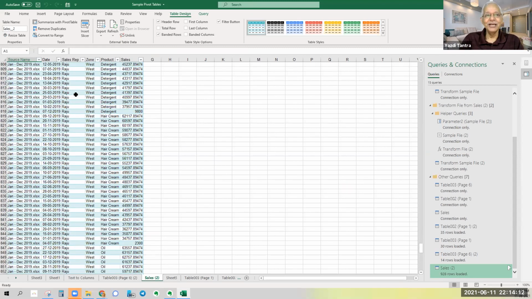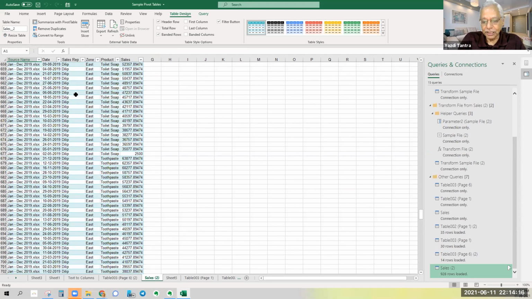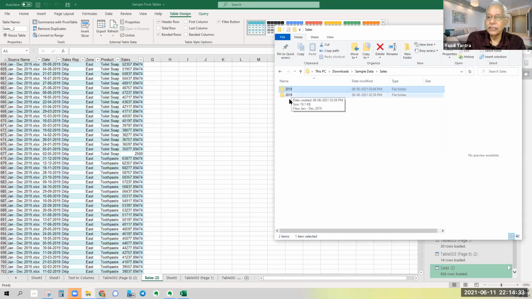Now it is picking up data from multiple files within a folder and multiple folders within that folder also. So this again is extremely powerful, because if you have organized your files and folders well enough, it becomes very useful. 2018 and 2019.